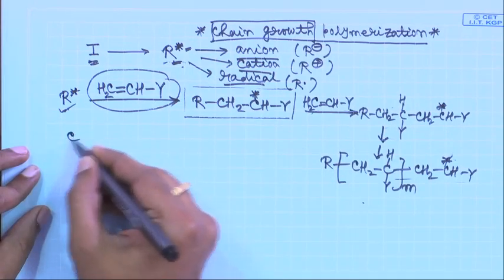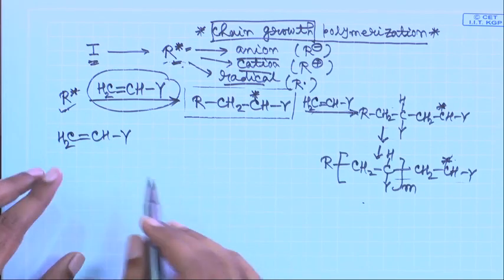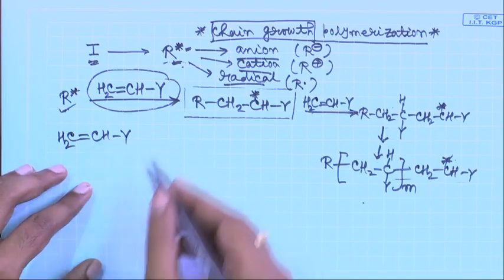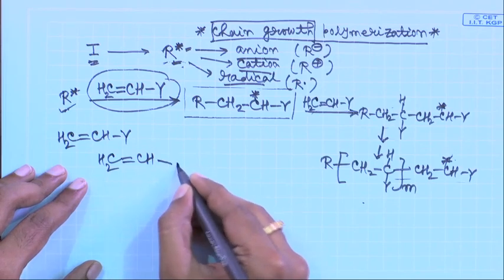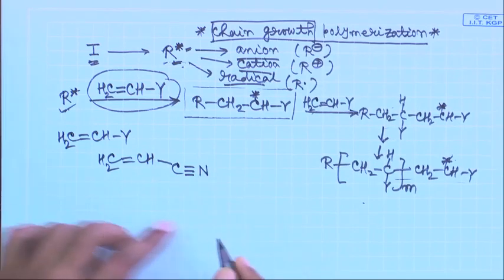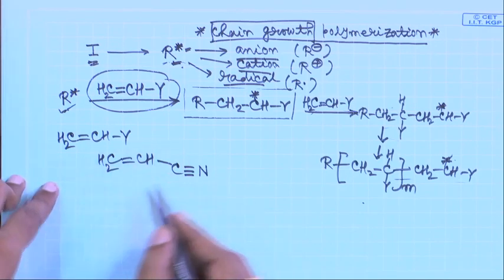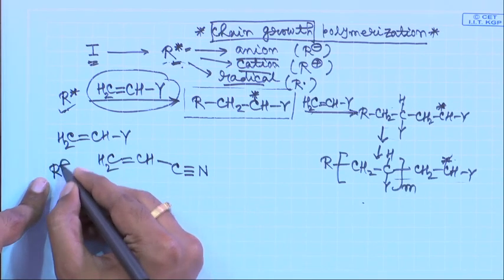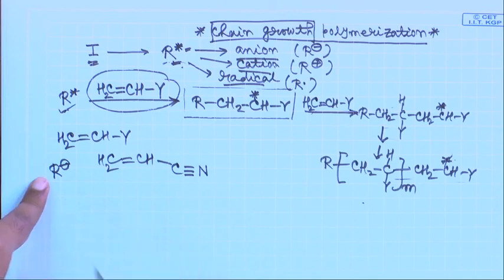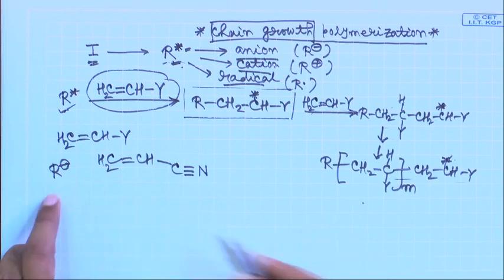So, let us say you have CH2 CHY, this is your monomer, and this Y could be an electron withdrawing group. Say you have CH2 CH, let us say you have a nitrile unit. This nitrile can withdraw electron through resonance effect. So, if you are doing an anionic polymerization, in that case your initiator species will be R minus. That can attack here,